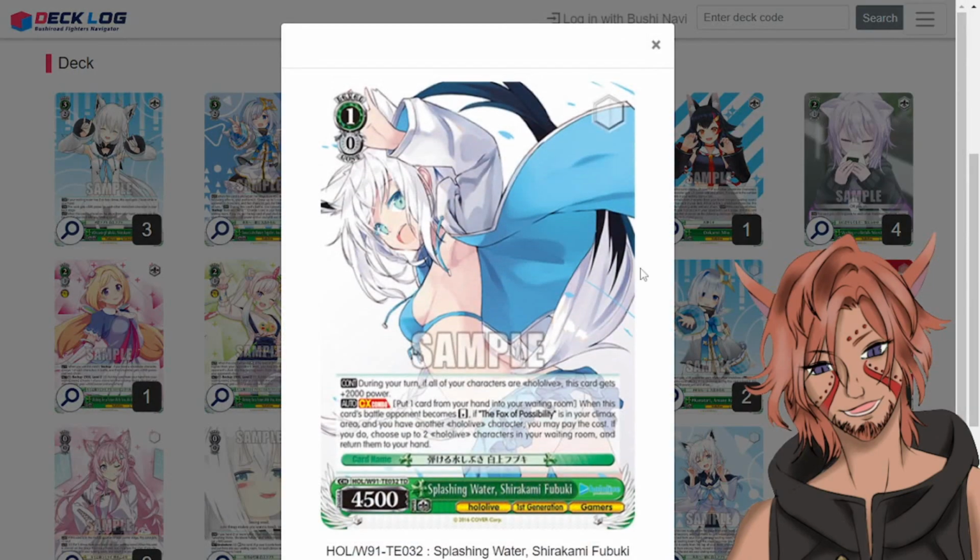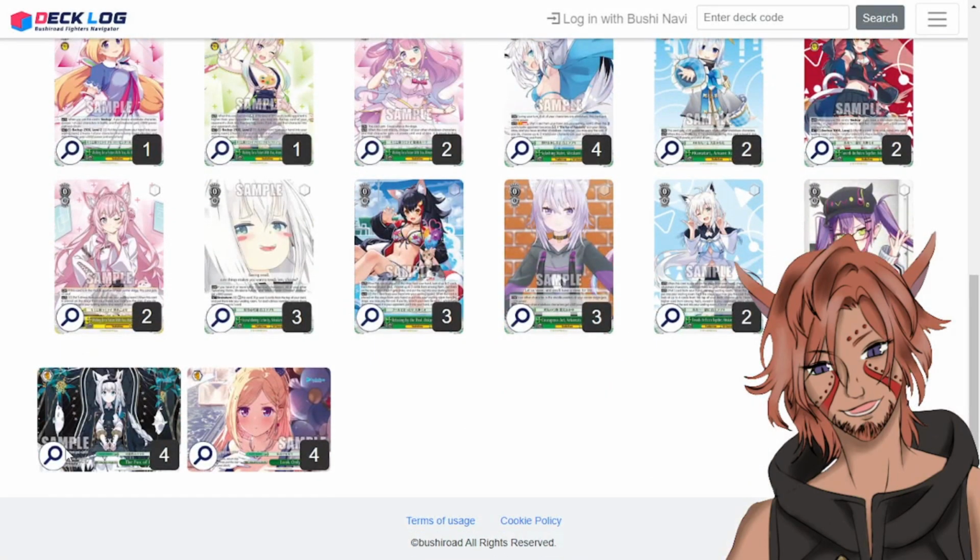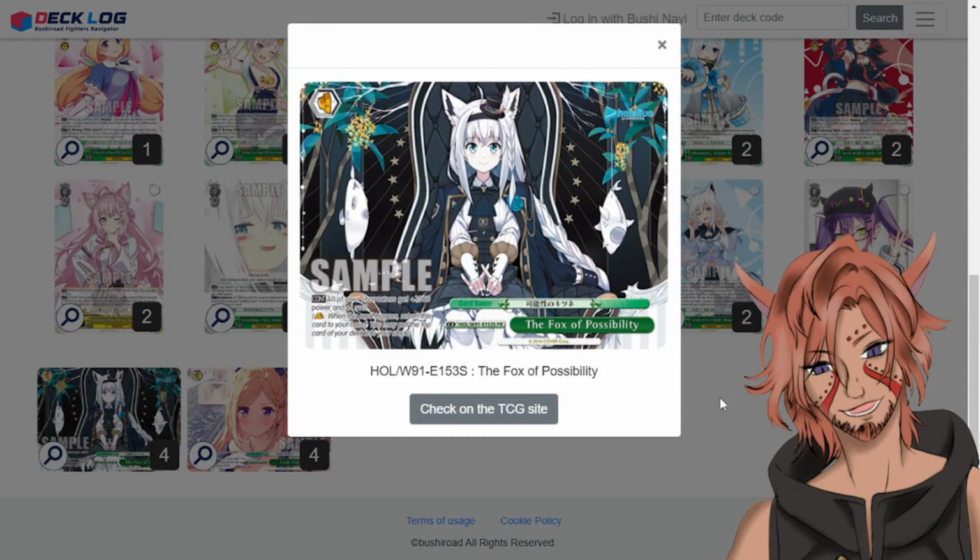The level 1 engine of the deck is a 1045. During your turn, if all of your characters are Hololive, this gets plus 2k power, making her a 6/5. And with the Climax combo that we're going to talk about here, she'll be a 7/5. So when this card's battle opponent becomes reversed, if the Fox of Possibility, which is the other gold bar, so this is an 8 gold bar deck, by the way,